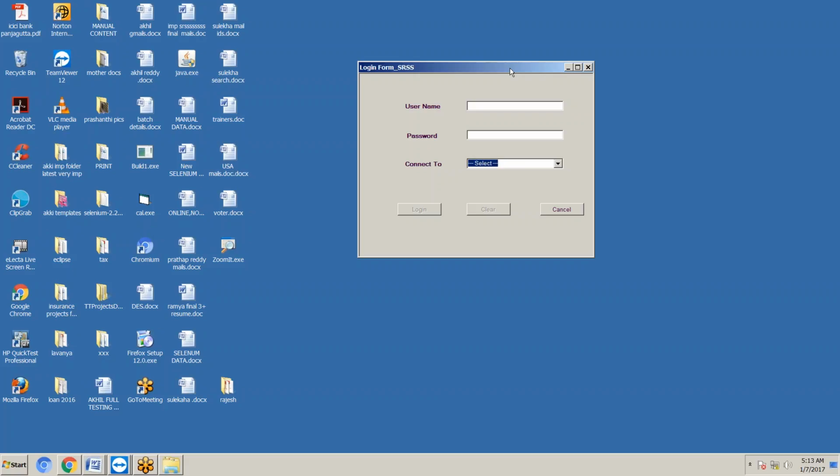After entering any information into any of the fields, clear must be enabled. The tabbing order must be username, password, connect to fields, login, clear, cancel buttons. These are the requirements given by the business analyst, added based on the customer requirements.